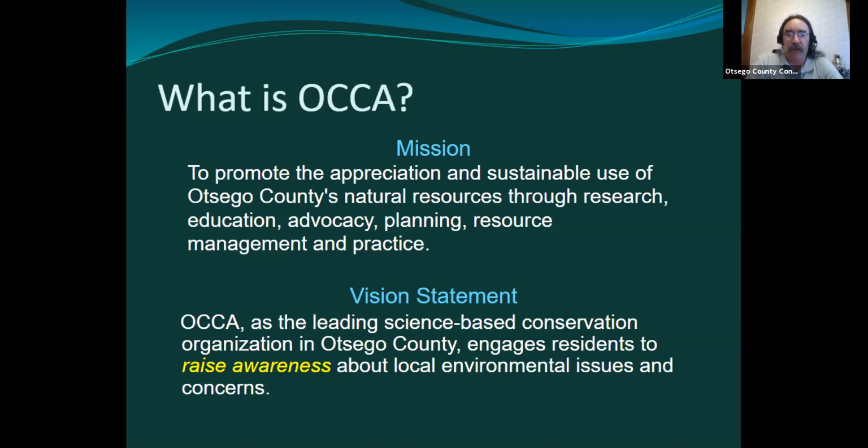We have done a lot of water quality work, a lot of solid waste and recycling work. In the last few years, we have really gotten involved with invasive species in particular, both with management of invasive species and education. Our mission statement is right there, and we pride ourselves on being a science-based organization, that we really like to present facts on the situation. That's basically us.